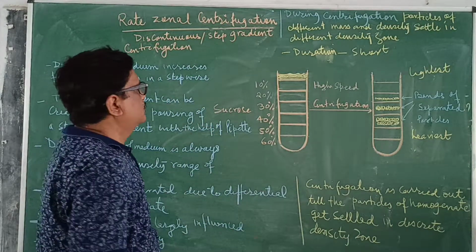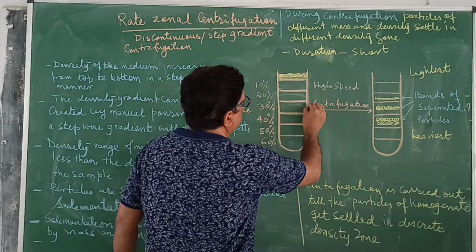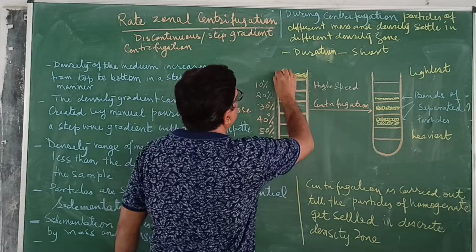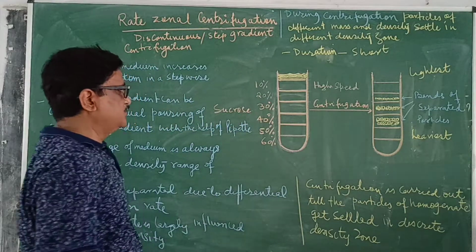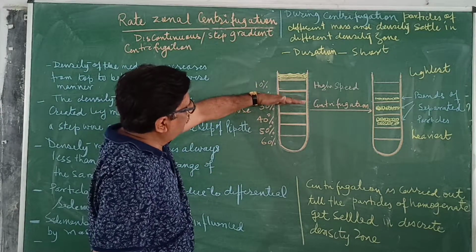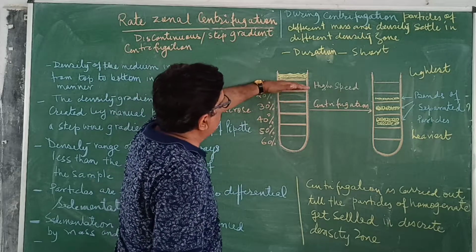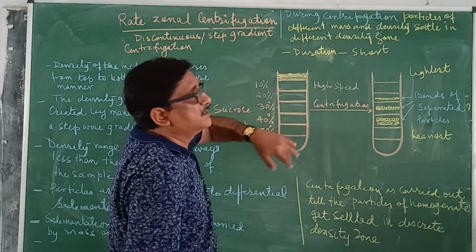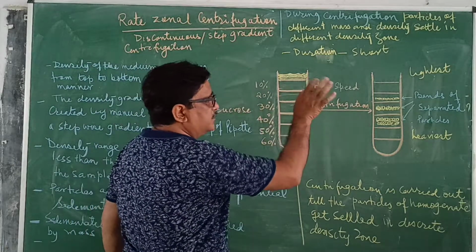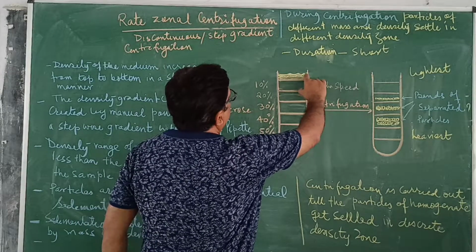In the last class, in continuous gradient centrifugation, the centrifuge tube contains a medium whose concentration or density increases uniformly from top to bottom. Here, the concentration gradient increases in a stepwise manner, in different zones. For example, here in this zone, the minimum